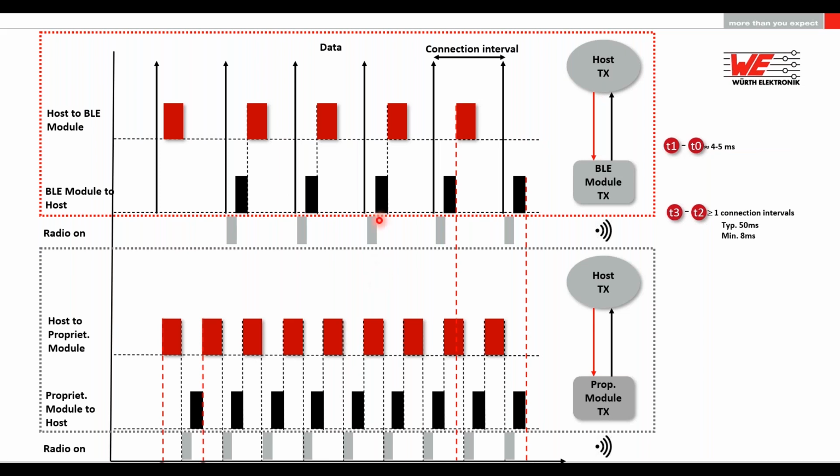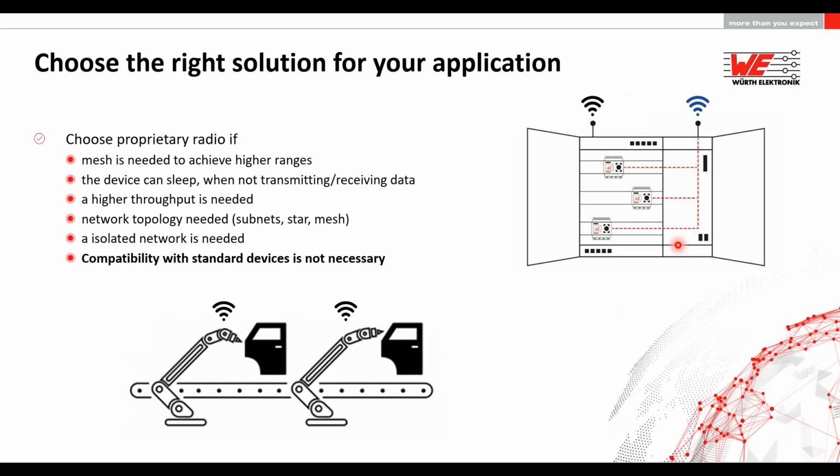Now let us concentrate on the data transmission itself. As we saw in the comparison table, the throughput of a proprietary device is higher than that of a Bluetooth device. Why does this happen? This is because you have here on the Bluetooth side, on the top here, the restriction that you can transmit just one packet typically in a connection interval. On the other hand, there are no such restrictions here. You can transmit as and when the data is available, and after a short processing time, the packet is sent over the radio. So keeping these things in mind, now let us come back to our industrial remote control application.